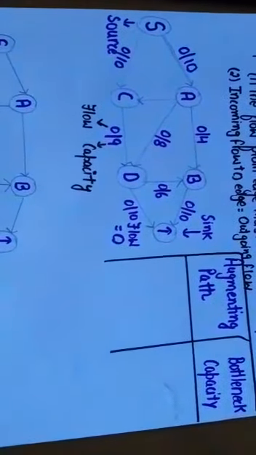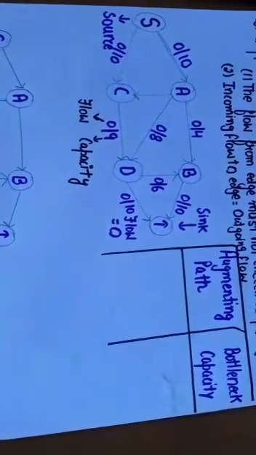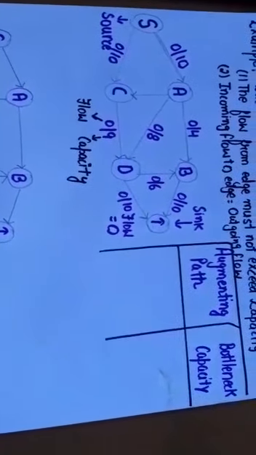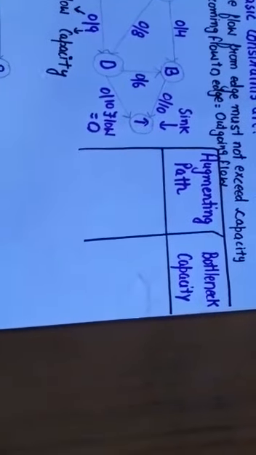See here, I have taken this graph where S is the source and T is the sink. Also, to make calculations of the path, I have drawn a table with two columns. First is the augmenting path that I have told you already, and second is the bottleneck capacity. So as we take the paths side by side, we will start calculating the bottleneck capacity. See, I have taken this example.